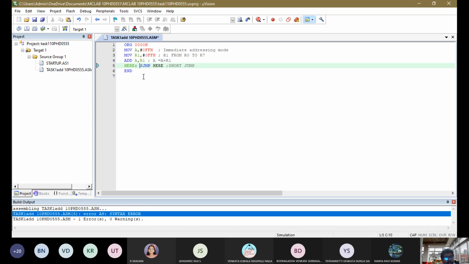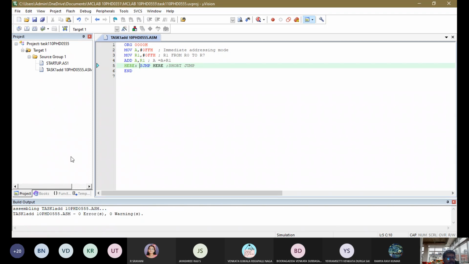Here itself we can find out: when the color changes, it is okay. If there is no space, the color will not change when you save it. So at that time itself we can rectify. But if you miss the rectification, it will show the error here and you have to rectify it. Again, you have to save it and rebuild it. You have to get this information: 0 errors.